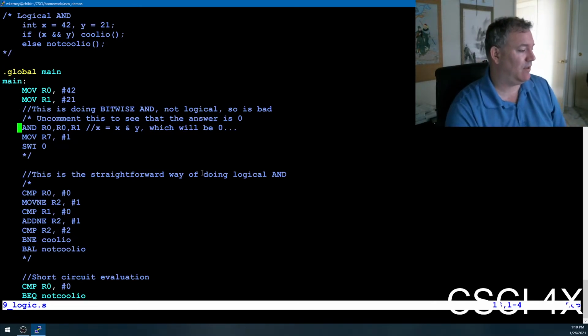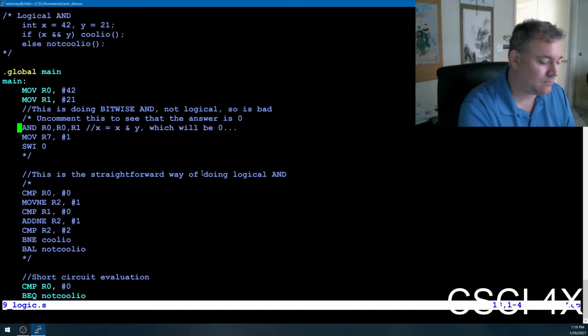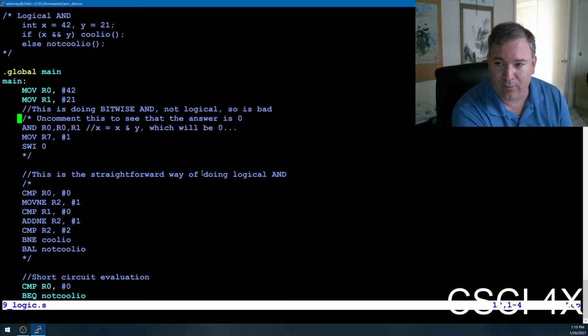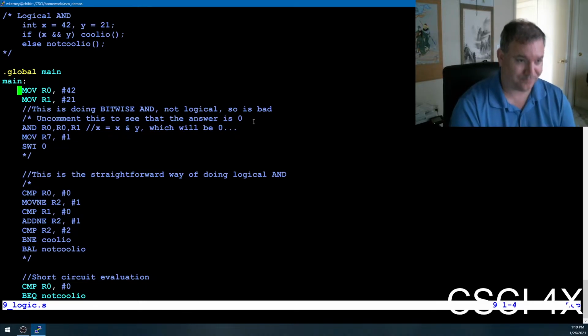On the worksheet, L1, when you LDR something you haven't stored, is it just accessing RAM? Yes, it is. We'll get to that in a second. I want to get you guys going on the next homework though. So this is going to put 42 into R0. It's going to put 21 into R1, and then what you can do is,